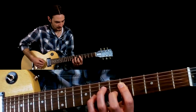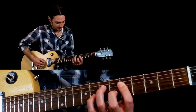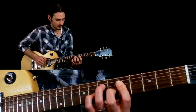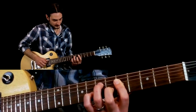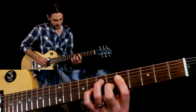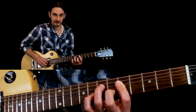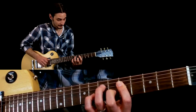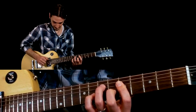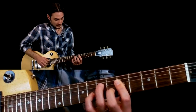Then we're going to come here with our 3rd finger and play this kind of F chord. It's basically an F with this G on it, so it's like an F sus. See, that would be an F sus2. Okay, so